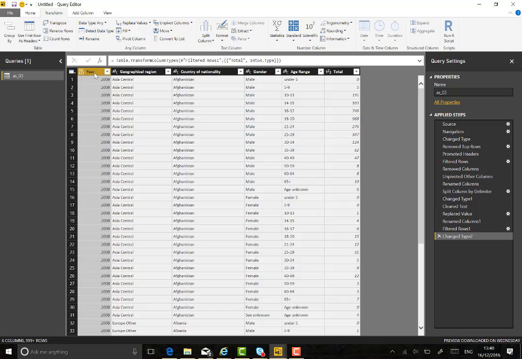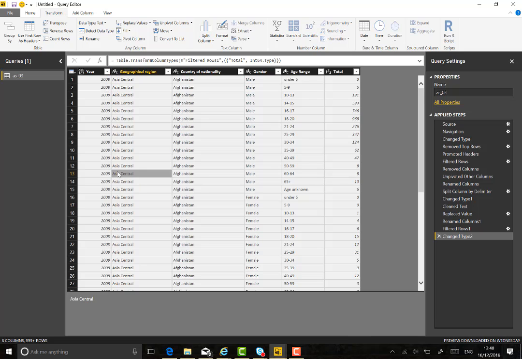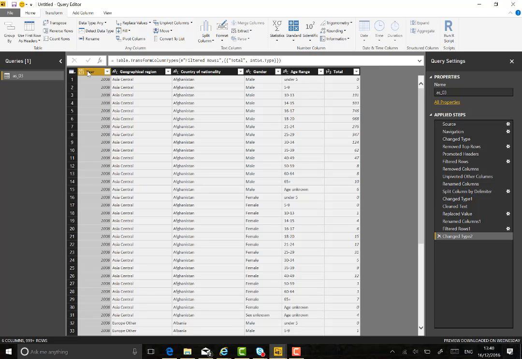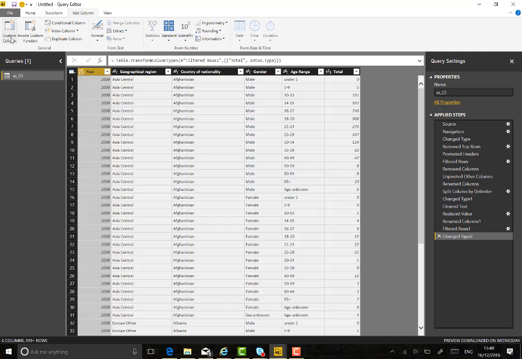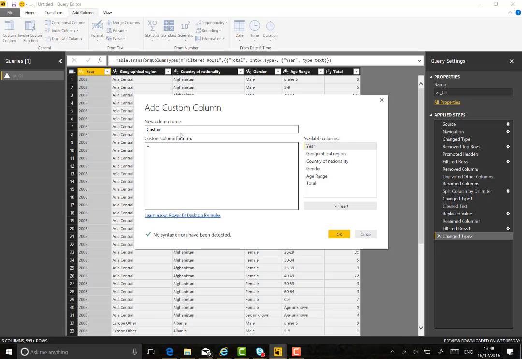Over here we've got the year column. Now we could use this as it is, but we certainly don't want to be pulling in a year column and it try and sum up the value of all of the years as if they were 2008. So we can get around that by creating our own custom column. So first of all, we'll just change that to a text value so that we can work with it here,